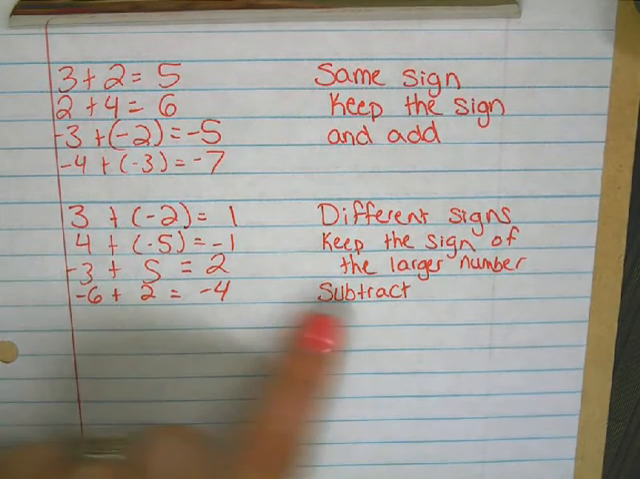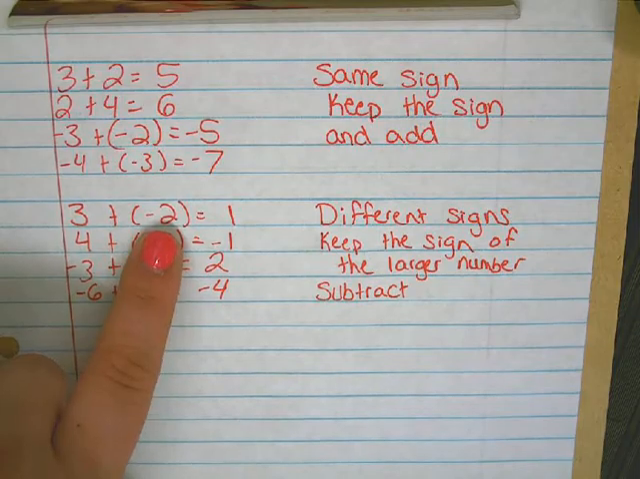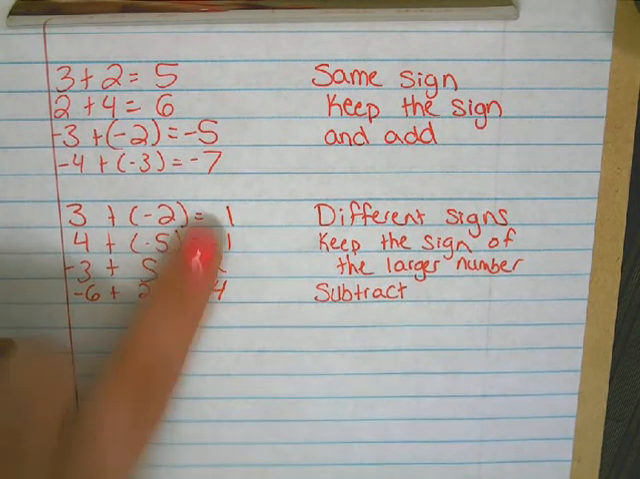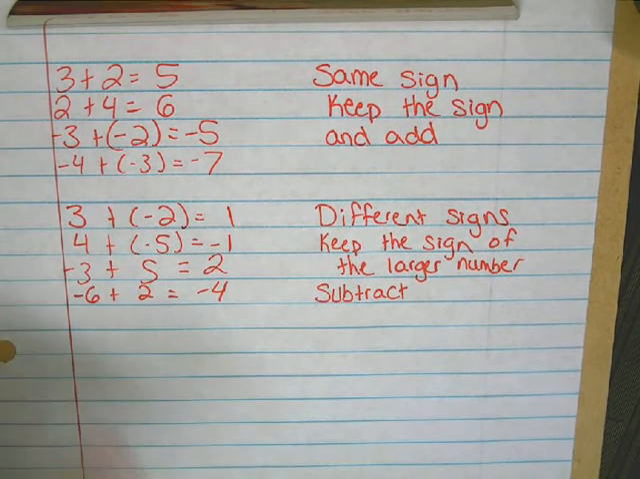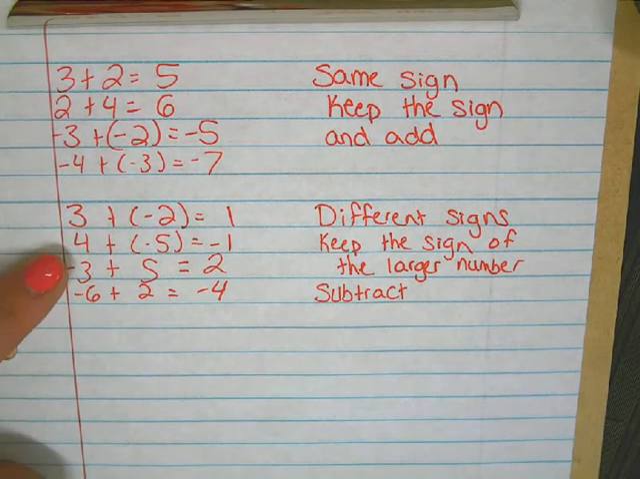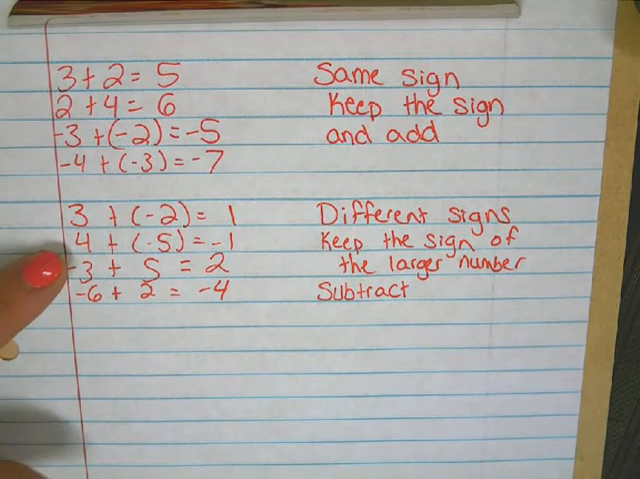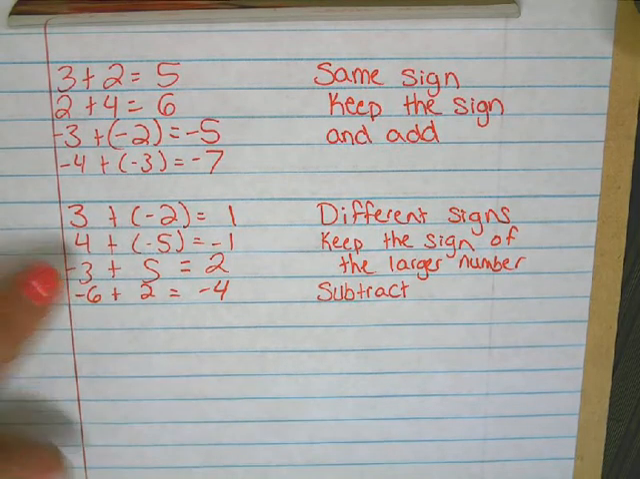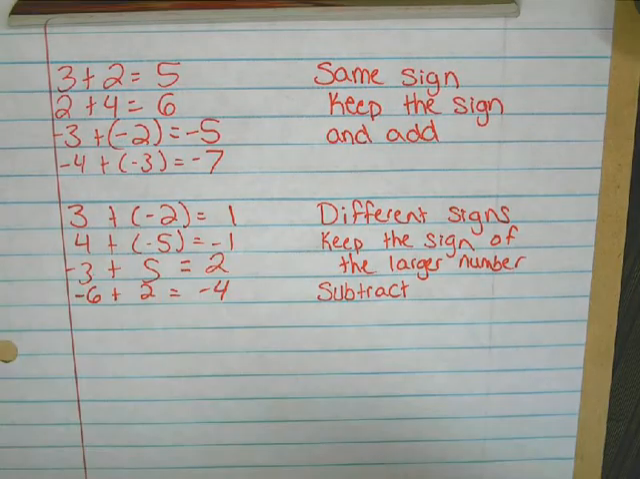5 minus 4 is what? 1. Which sign is larger? The negative, so it would be a negative 1. Okay? So, same signs, keep the sign and add. Different signs, keep the sign of the larger number and subtract. What I want you to do right now